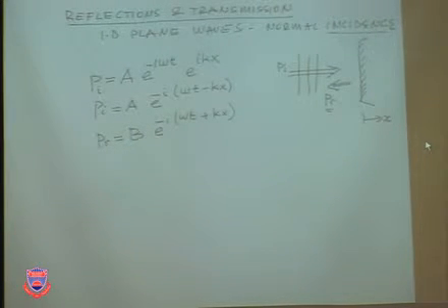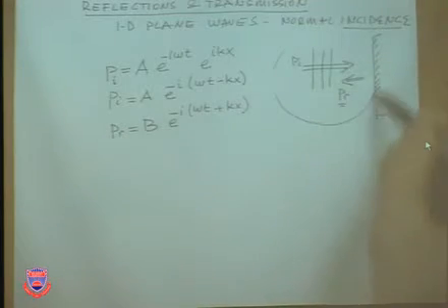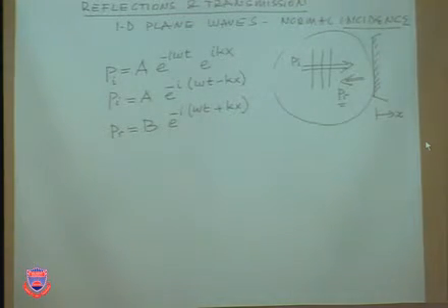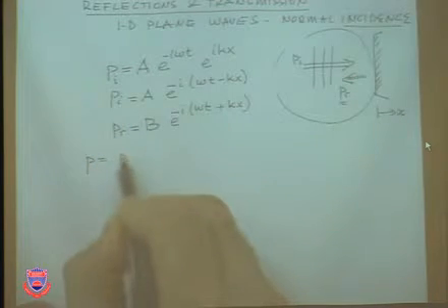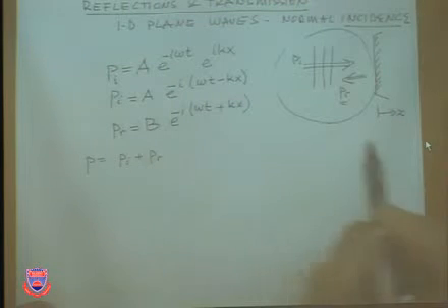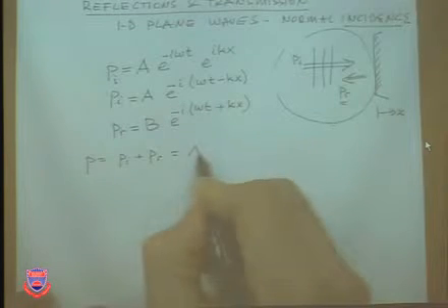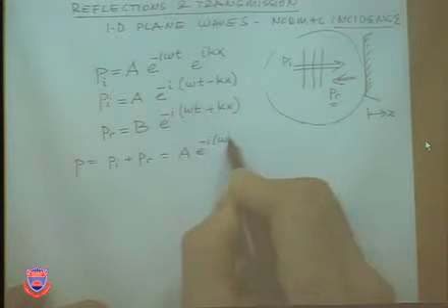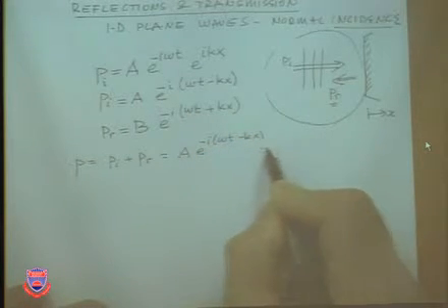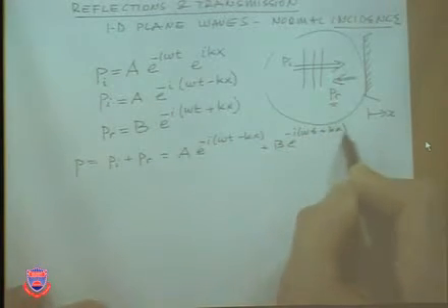So now you have an incident sound pressure and a reflected sound pressure. In front of this wall, the acoustic field is described by a sum of both. Okay, you add them. This is the total sound pressure. And if you do that, then you have